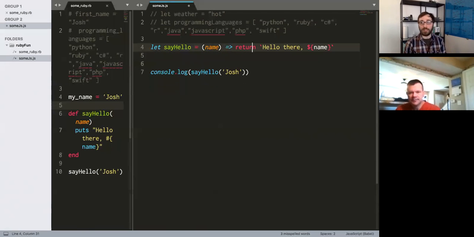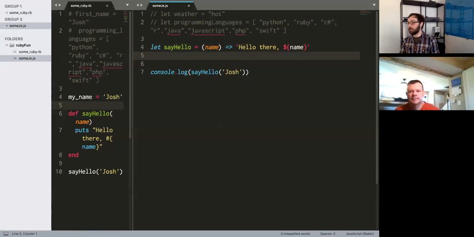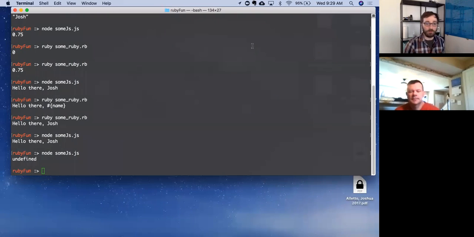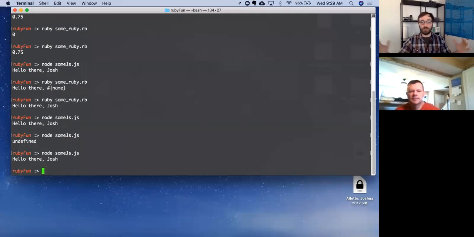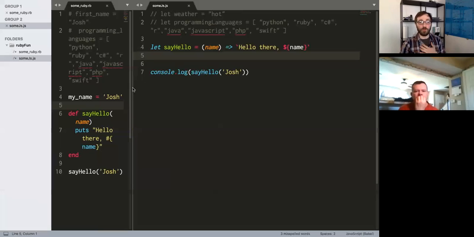I can come up here and I can ditch my return, right? So this is now totally valid and it will work the same way. So we'll run it real quick. And we still get hello there, Josh. Cool? Don't worry about memorizing it right away, just something to be aware of. You can get a hold of implicit return with a fat arrow function in JavaScript if it's one line. Cool? Just keep it in your head. Good thing to know. The second you need multiple lines, you're going to have to put that explicit return back in. Cool? So Ruby, on the other hand,